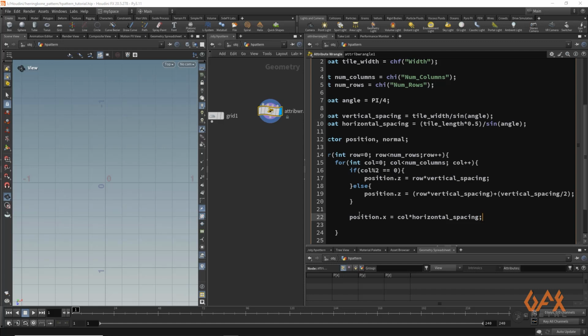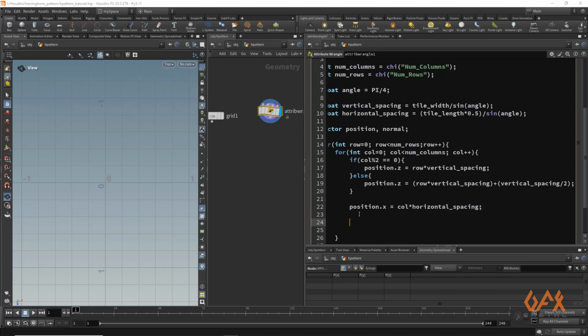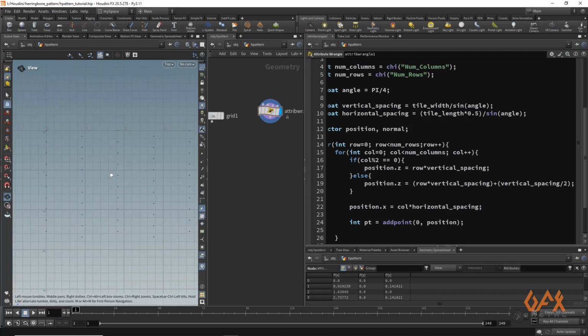And definitely, the next thing is that we need to generate our point. So that is integer pt is equal to addpoint 0, geometry, and I just need to define that position. I just click outside of this and we will get that pattern.